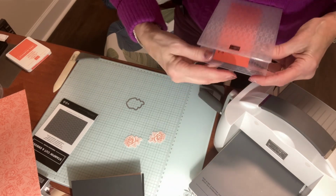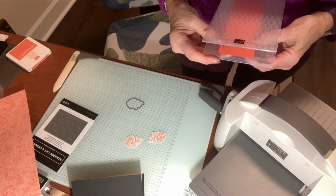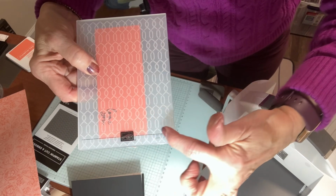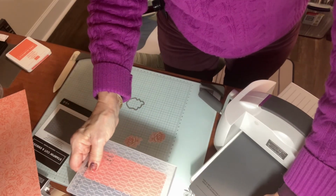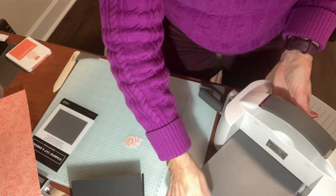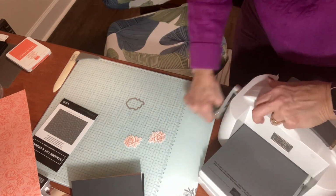I'll show you a trick. I like to line it up. There is a line. As soon as I get it positioned, there we go. There's a line here, and if I'm really trying to get something straight, I will use that to try to line up my image with the paper. So now I will put the embossing folder in here, my plate number 4, the gray plate on top,